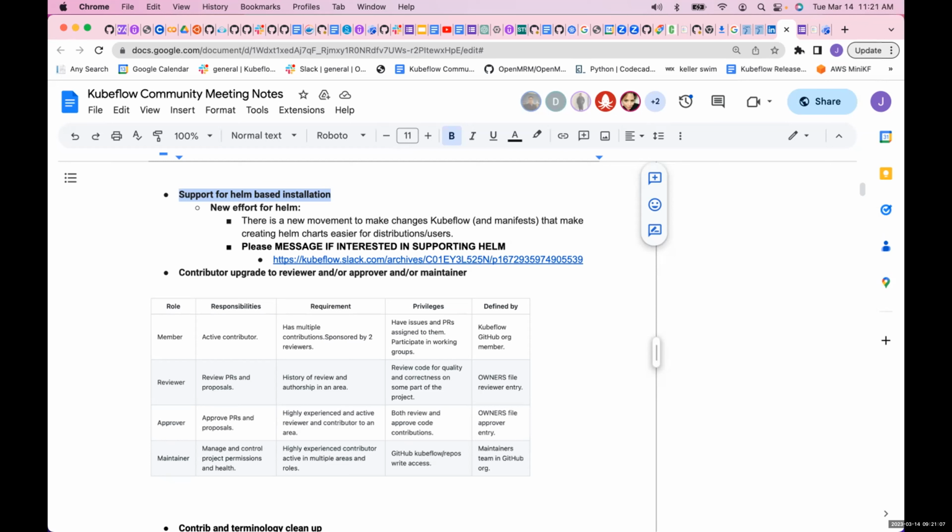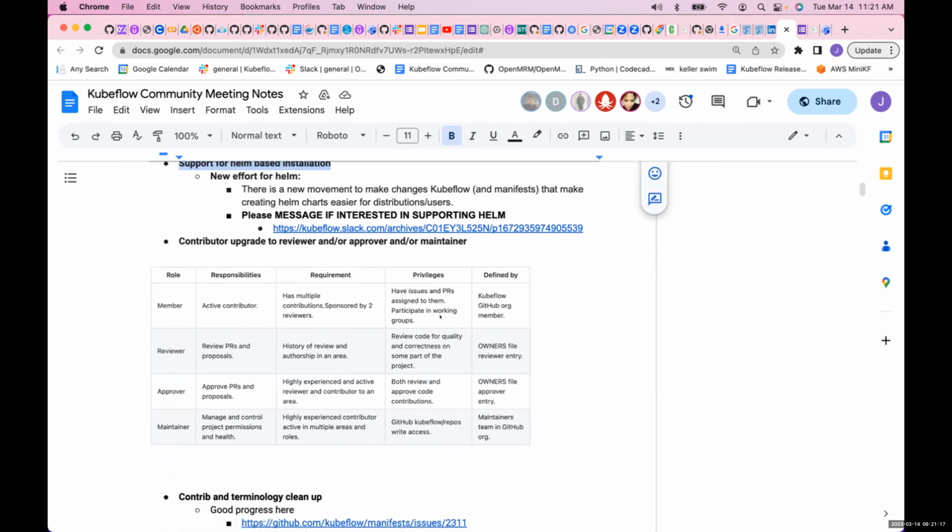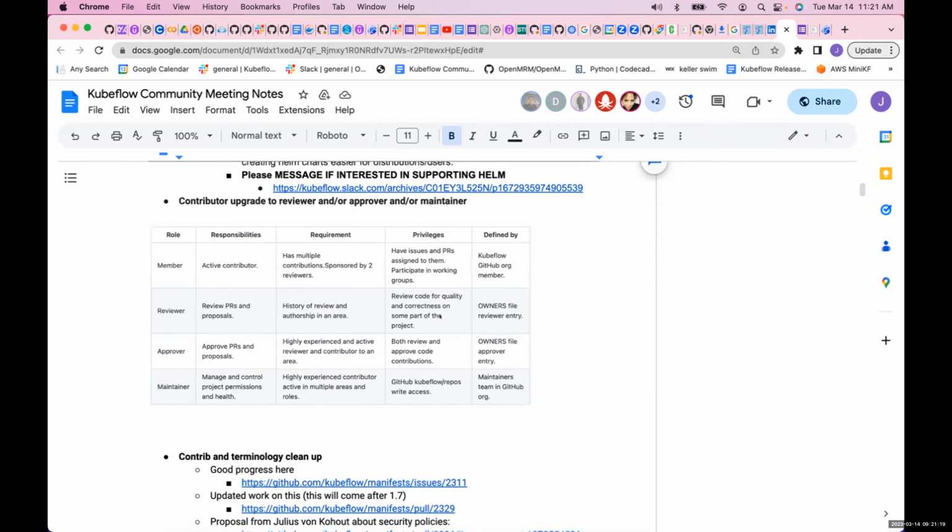Okay. What you already have opened there, this contributor upgrade to reviewer and/or approver and/or maintainer, this stuff. I'm not sure whether this is already finished or whether it's still in discussion. Thank you for bringing this up.